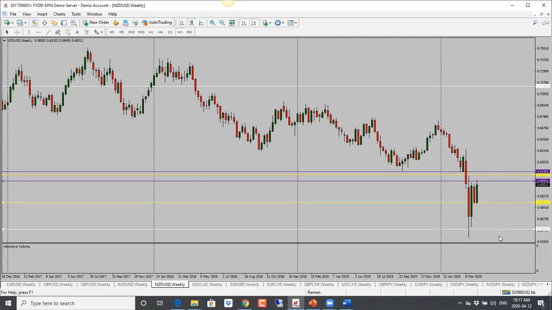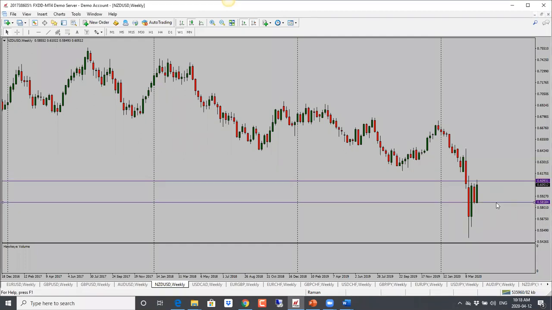New Zealand dollar has also done well, but as we can see, price is into resistance here. So that's something we'll have to watch out for, similar to kind of the pound dollar. If price does not hold above 0.6100,